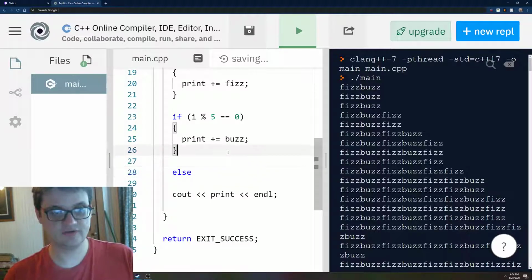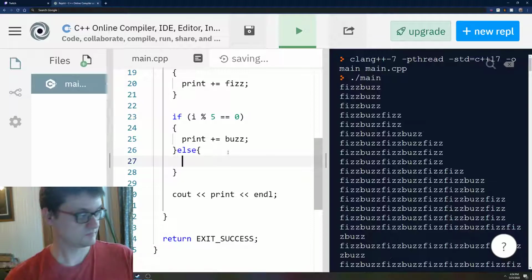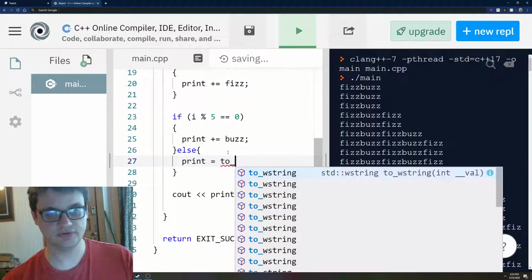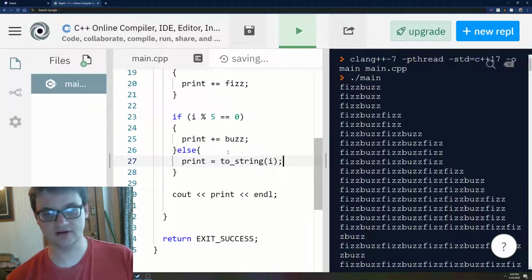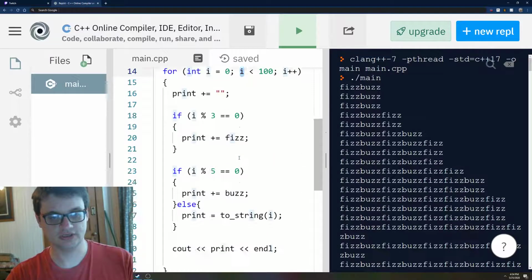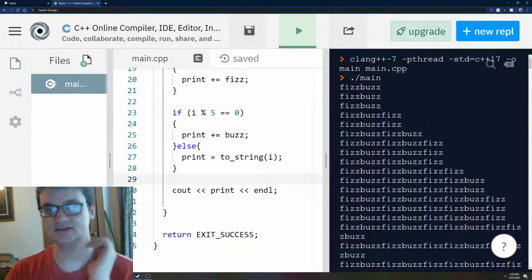Since we've done these two, all we need to say is, for anything that does not fit these two parameters, then we're going to call print equals to string i. This is the reason we're using the string header, so it's going to convert the number i to a string that we can print out, and then we're just going to print out that. Let's see if this works the way we think it should. If it doesn't,